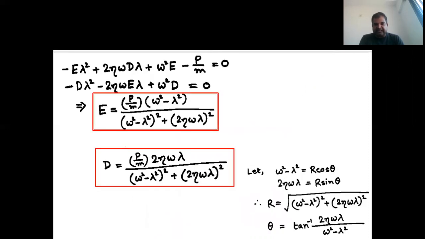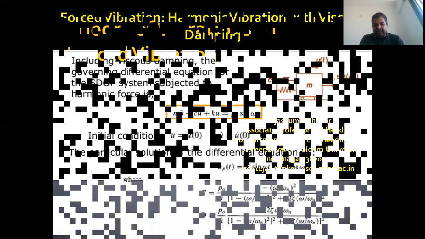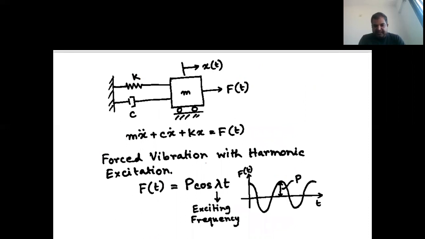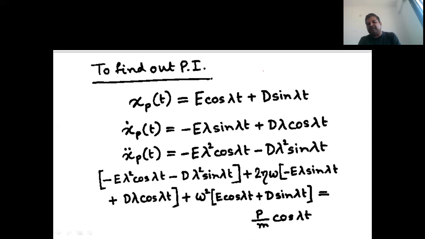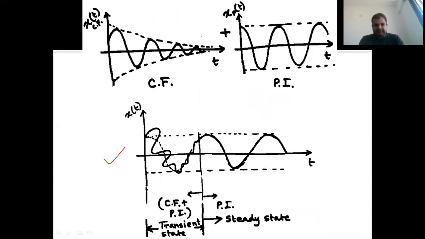If you see in the last example, what you have done is, you have assumed it is a p cos lambda t. Here the value is q sin lambda t. That's it, right? So for this equation you have already done it. Here only the replacement is q sin lambda t. You can do it the same way up to this. And here again with this graph, when t tends to infinity, I'm saying my steady state vibration, which is governed by the particular integral term.